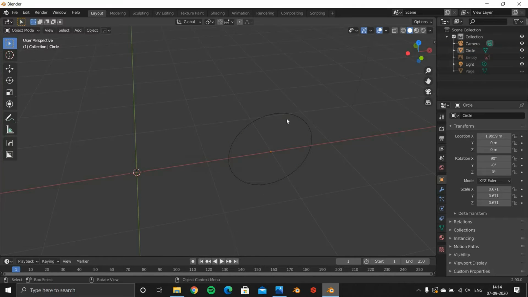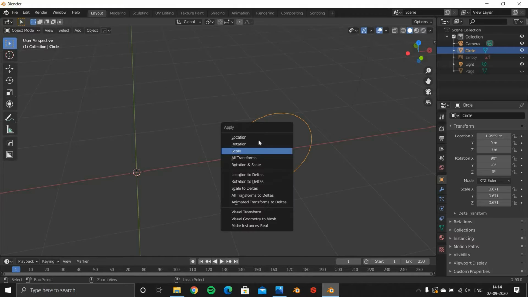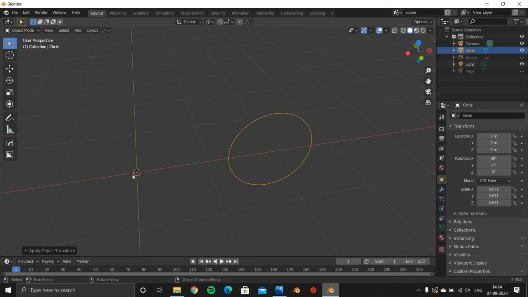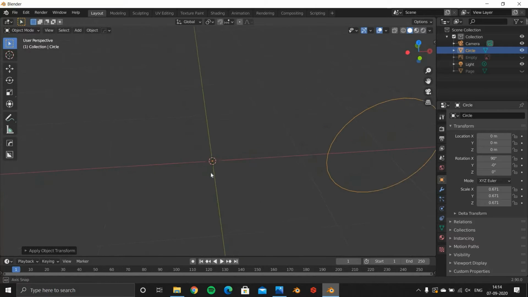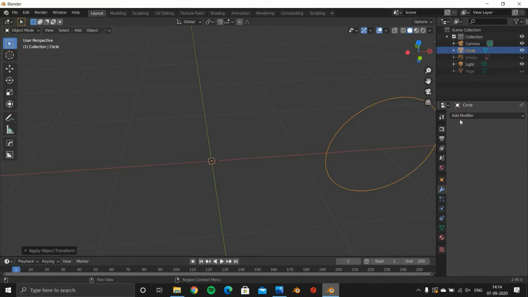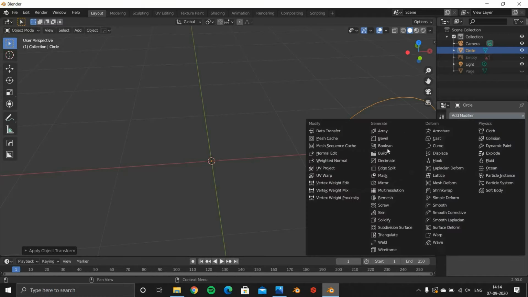What this will do is, right now the origin is in the center of this circle. If I go ahead and apply this location, this will bring the origin to the place of the world origin. So now what I will do is go in the modifier tab and add a screw modifier.